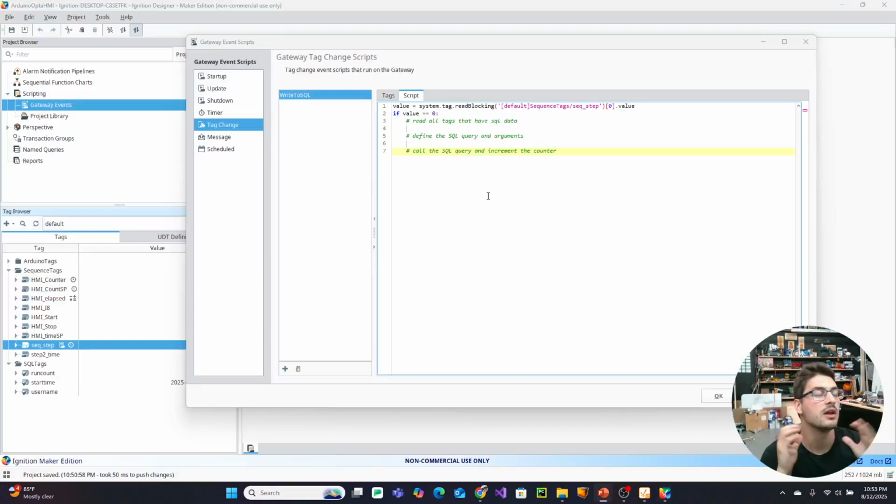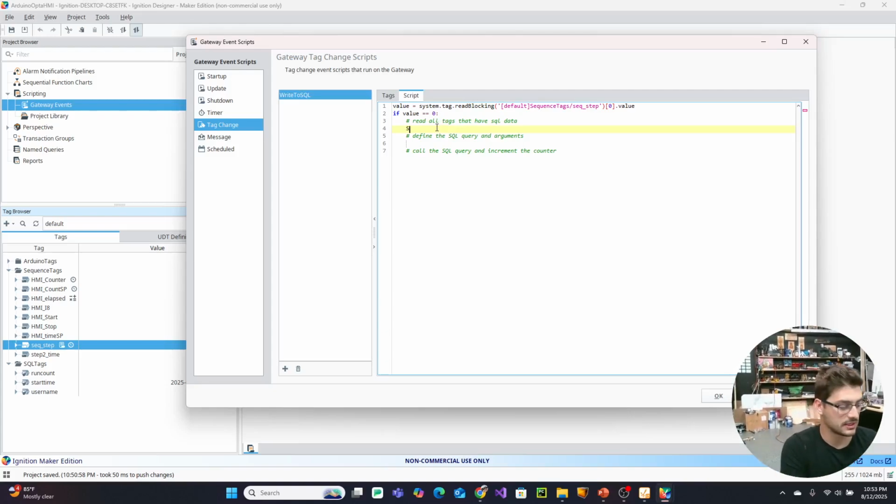Hopefully it's apparent why you don't want to do this just on a tag change script. It's a little bit easier with gateway events to keep revision control and sight on things like that. So we're going to read all the tags that have SQL data. And if we remember our table, we want to start with start time. And I'm going to try to keep the convention